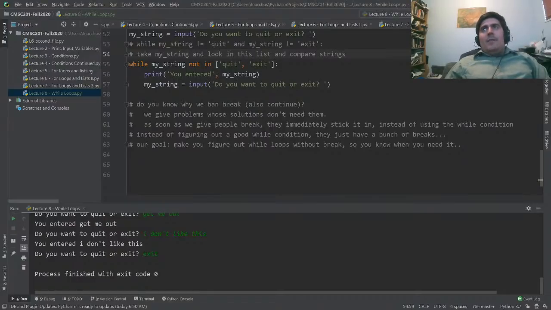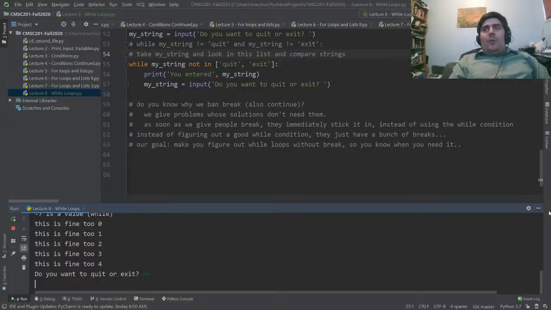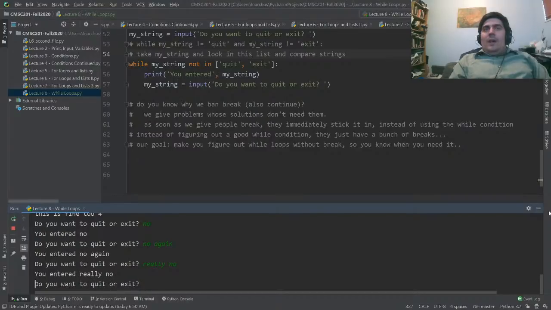If it's equal to any of them, then it will exit. So for instance here, enter movie name, quit, 5. Okay, do you want to quit or exit? Nope. Do you want to quit it? No again. Really no. But finally, right, if you enter quit,